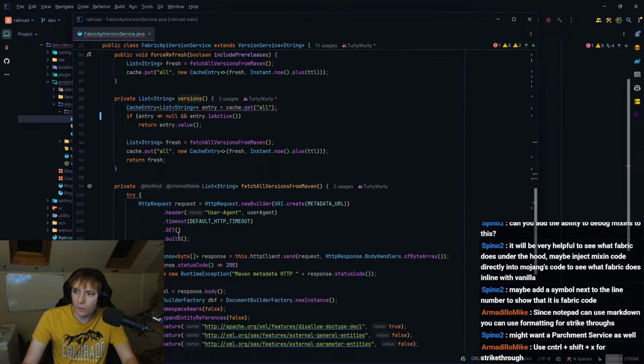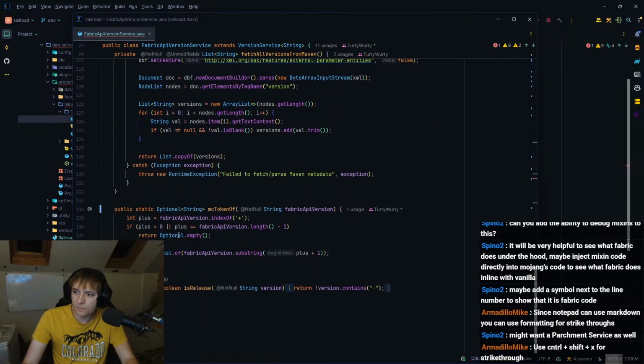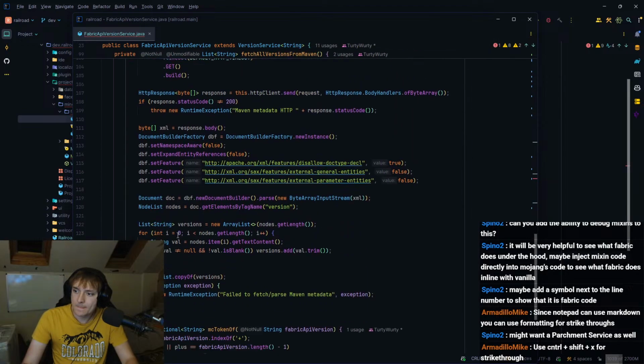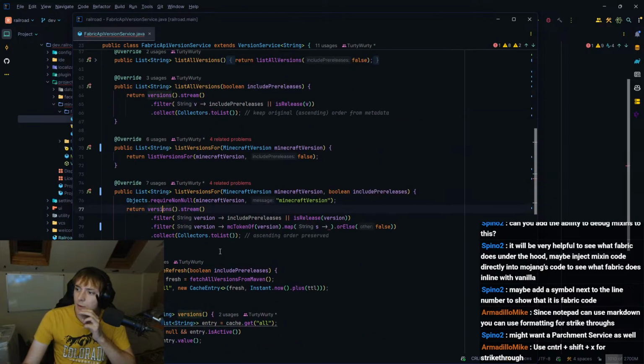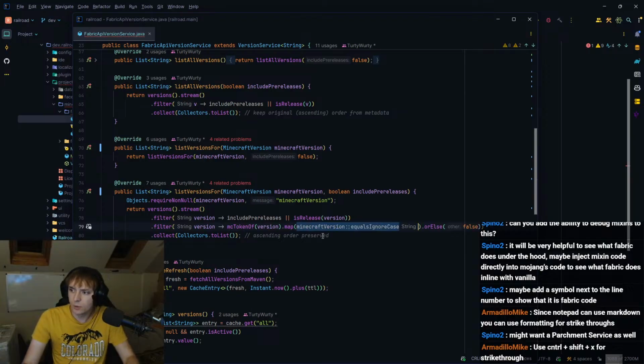MC token of, which is what? I think that's fine. What did this do before? Minecraft version equals ignore case.